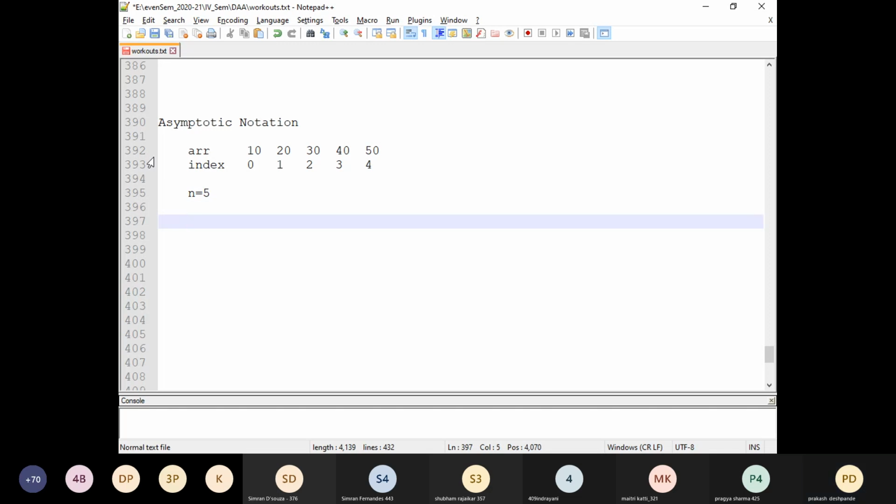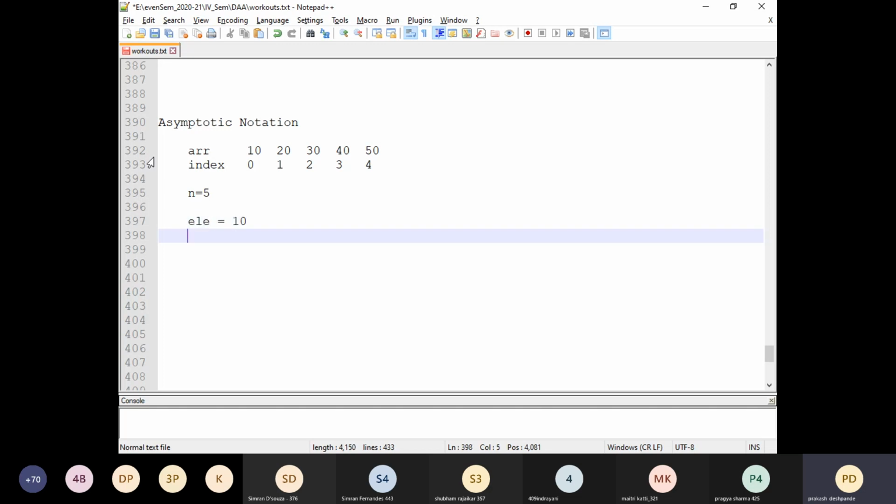Now pay attention and try to understand. Suppose we are trying to search a particular element, say the element is 10. The algorithm we are using here is linear search, which means we look at one element after the next. First we compare this element with the 0th indexed element. If both are the same, then the search is successful and we break at that instance only. We will not proceed further.